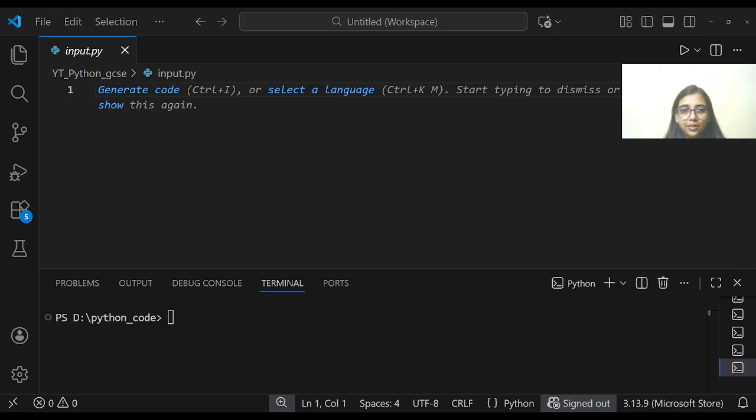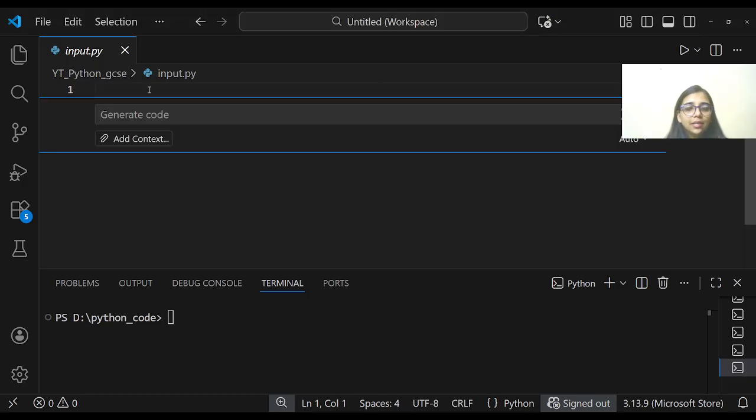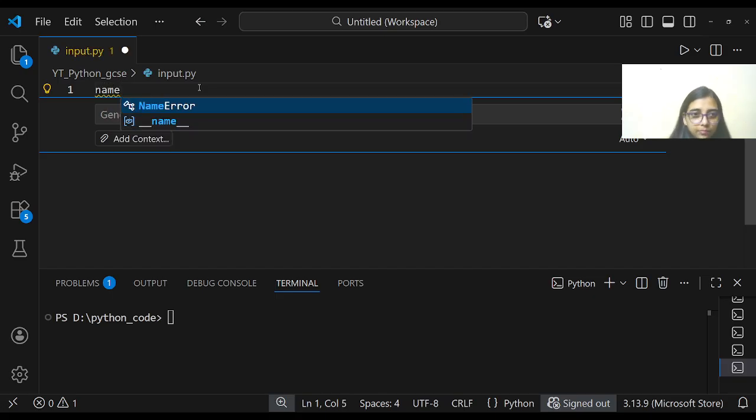I hope you all can see my screen. Now, input is something where we take a user input. We expect the user to enter something. There are two ways: either you directly store the value in the variable, or you take the value from the user. Whenever you are taking the value, you need to store it somewhere. You need a variable. I'm going to take an input from the user asking for a name. Name is equal to